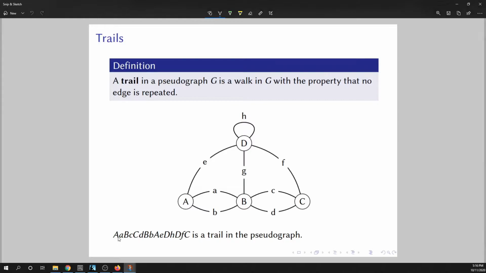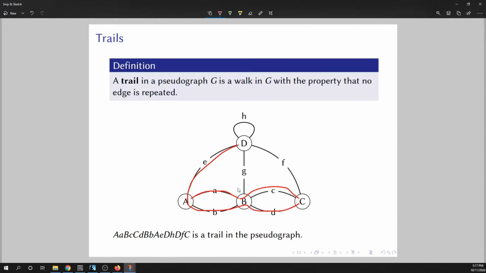All right, so starting again at vertex A, we are going to go to vertex B using edge A, and then from B to C, right, using edge C, then from vertex C back to vertex D using edge D, okay, then from B to A using edge B, then from vertex A to vertex D using edge E,